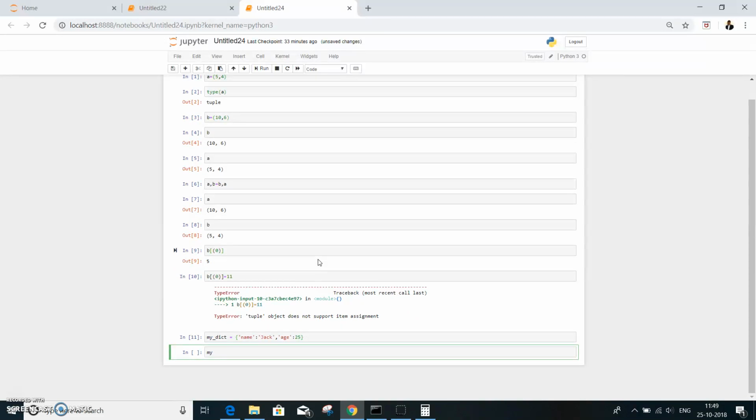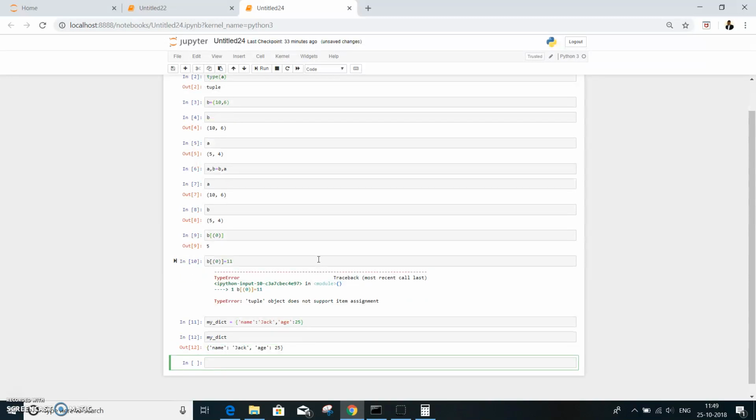So if I say my dict, that gives the name as well as age. Suppose if I want to get only the name, my dict, and I can reference through the name.